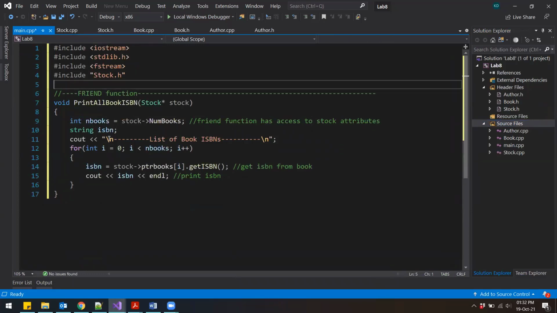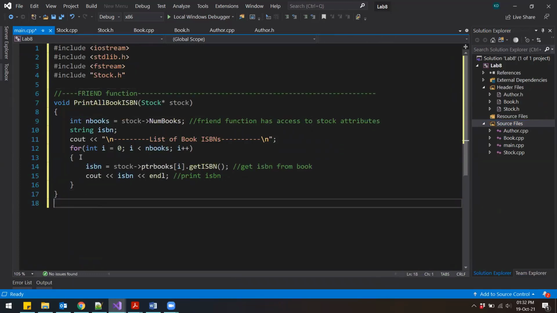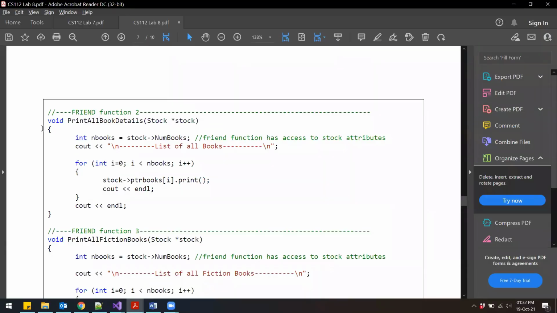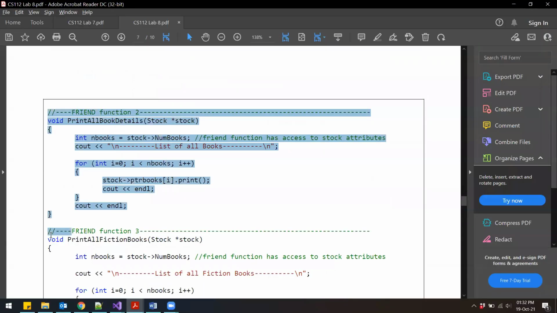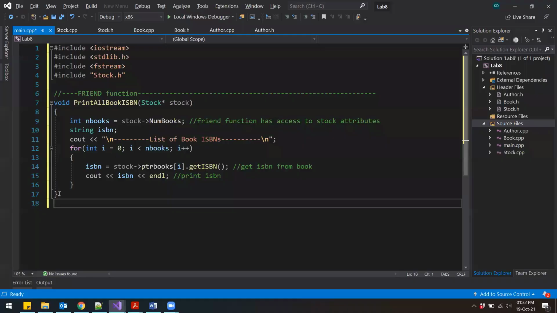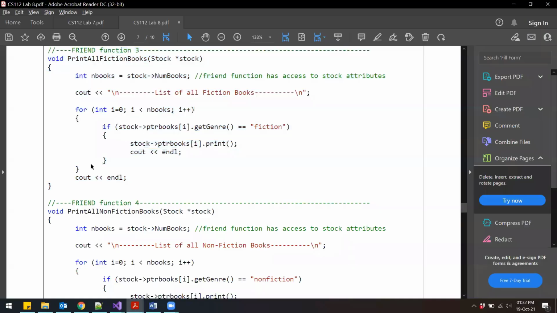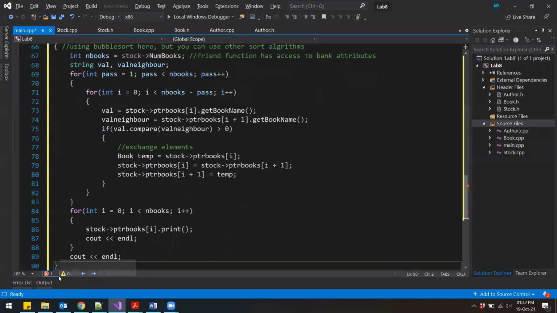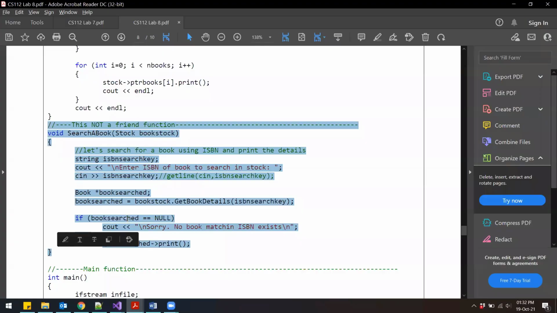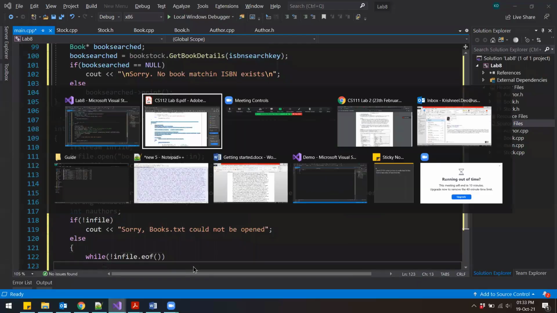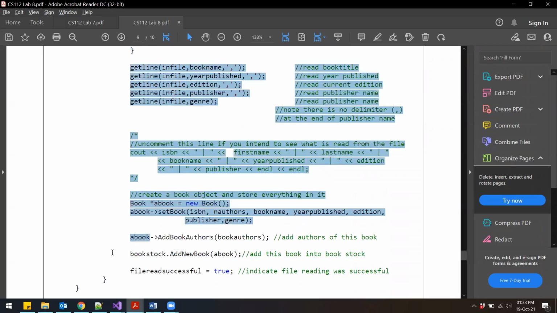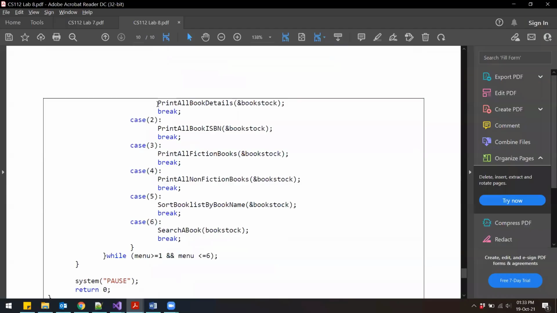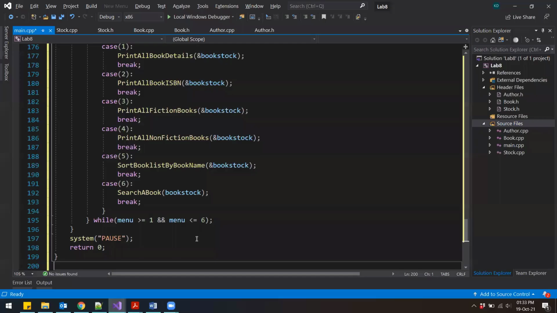I'll indent this a bit and space out. So we have a friend function. Then there are other functions. So I'll copy all of this. Okay, so I have all the code here in my IDE.